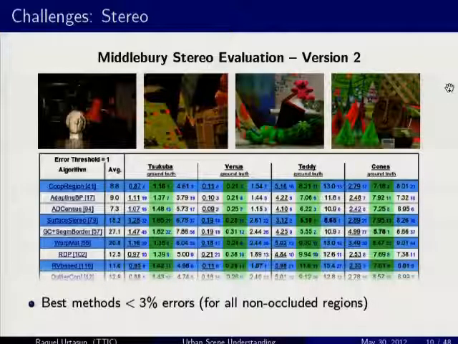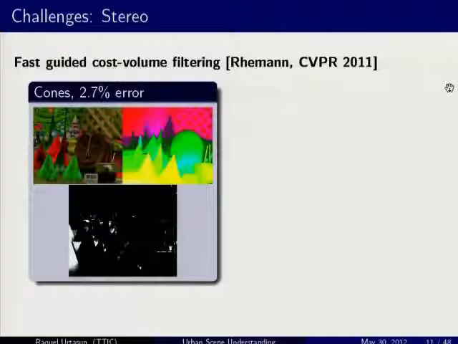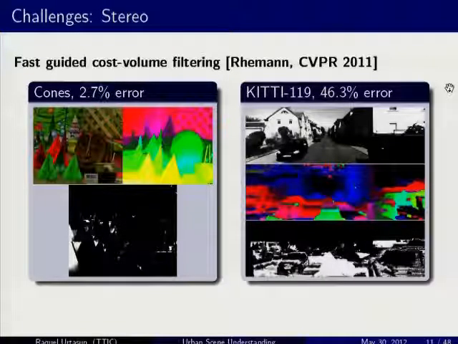I don't think after Michael's talk I need to convince you that Middlebury is not everything, right? That we need to go a little bit beyond this. This is just an example to re-convince you even more, where this is the percentage of pixels that have an error bigger than 1 pixel in Middlebury. You see that it's very, very small. We took the same type of approach and applied it to KITTI. So you can actually see sometimes some catastrophic errors. Here 50% of the pixels have an error bigger than 3 pixels. From this laboratory type of setting to the real world, there is a big difference. So maybe in a sense we are not as ready as we thought.